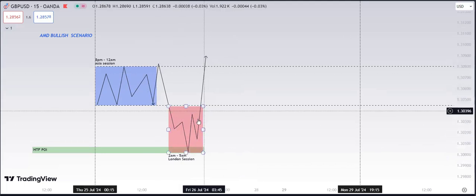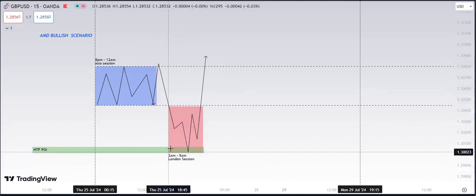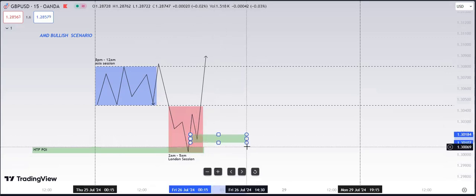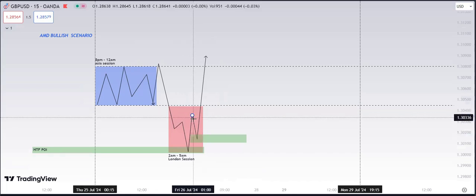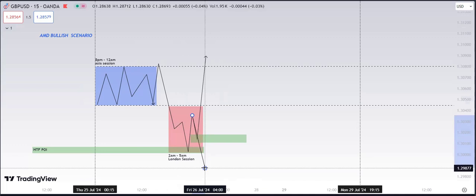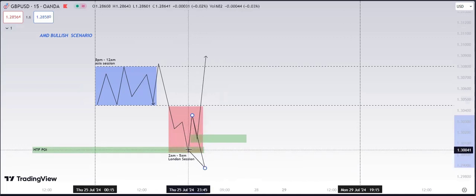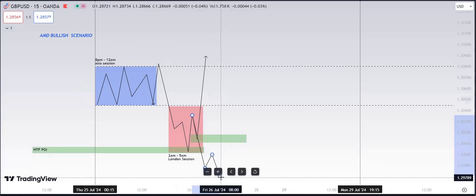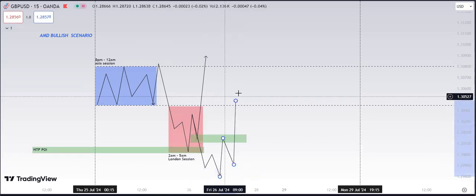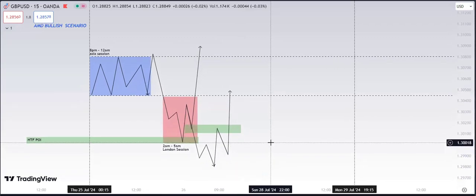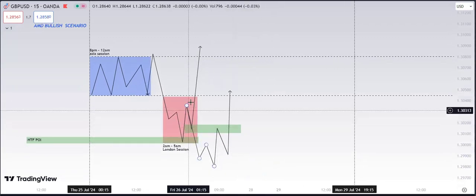Now, if you watch some of the videos you get online about AMD, you see someone telling you this is your entry. I'm here to tell you that they are wrong, because I have been in a lot of trades, several times, where price doesn't respect this level. Price breaks out of this low here, forms another breakout, then breaks back in, forming another break of structure before moving in the direction of the daily bias,